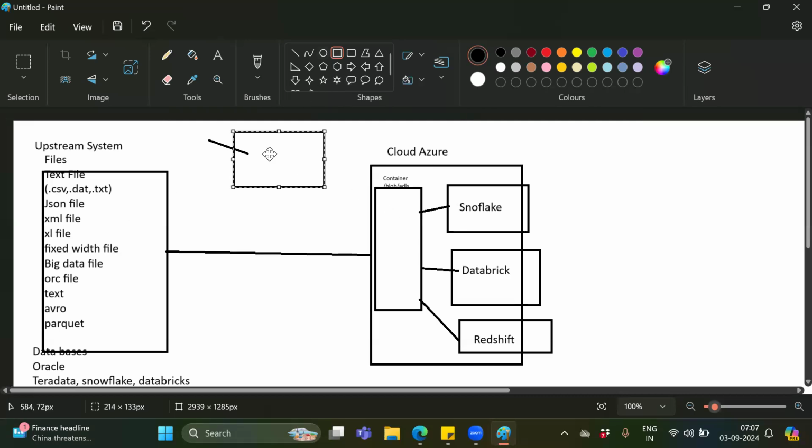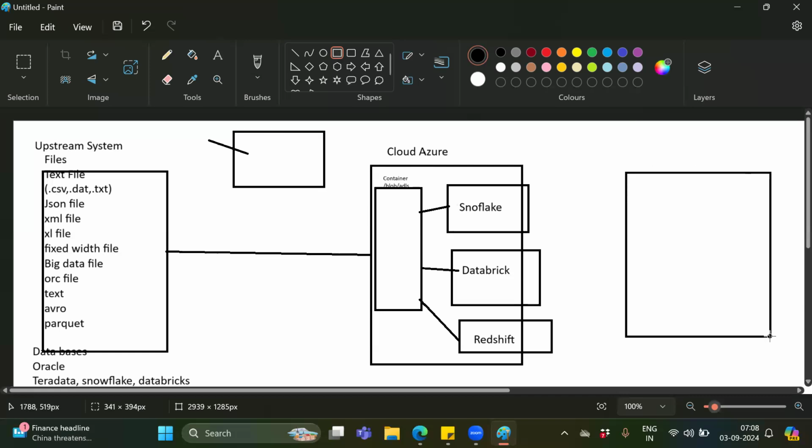So this is a third party, anything. Nowadays we have MuleSoft. Earlier we had Connect Direct, and there are other software too. Those softwares transfer the file from one system to another system. This is a completely different system, and this is a completely different system, right? So we give the details here, and it transfers the data like this. Once we load the data, we also send the data to our downstream systems.